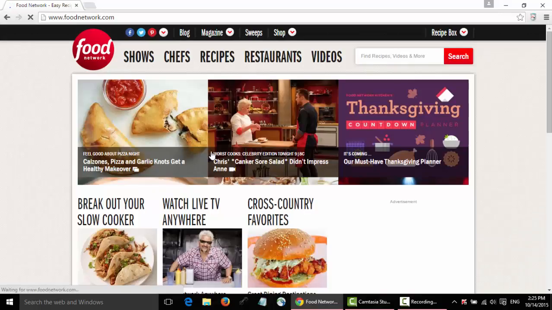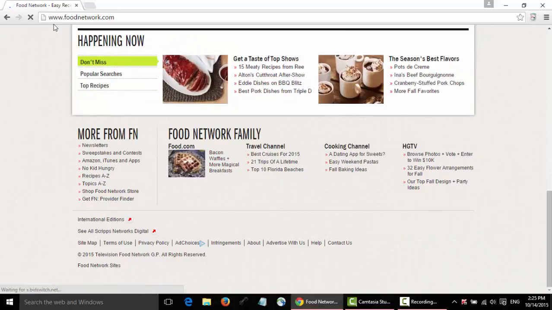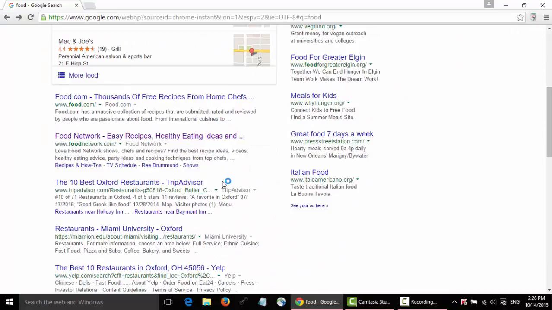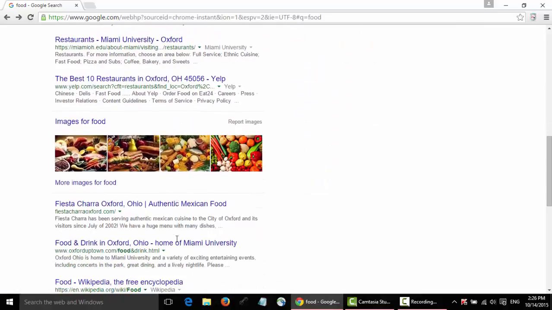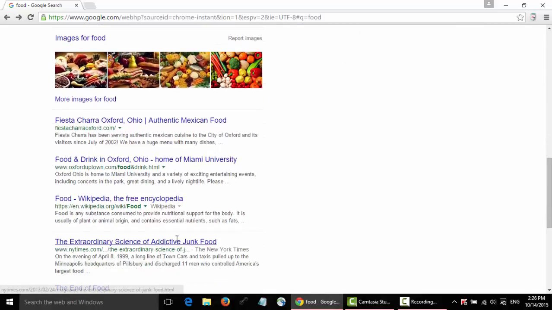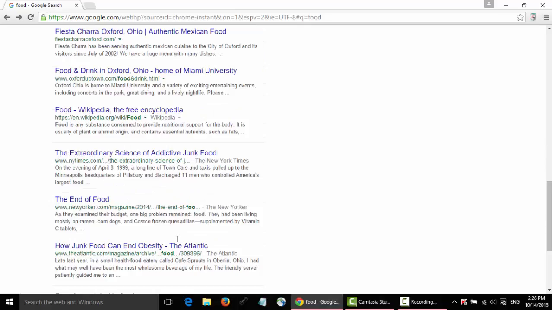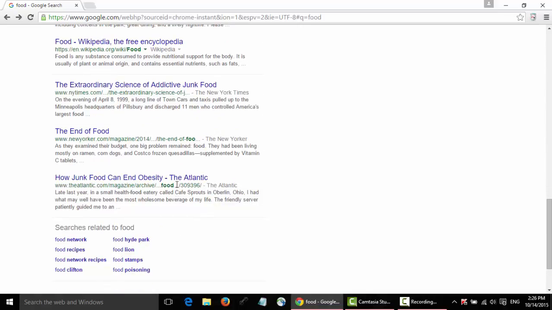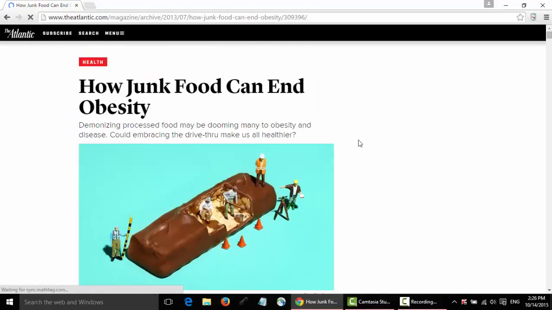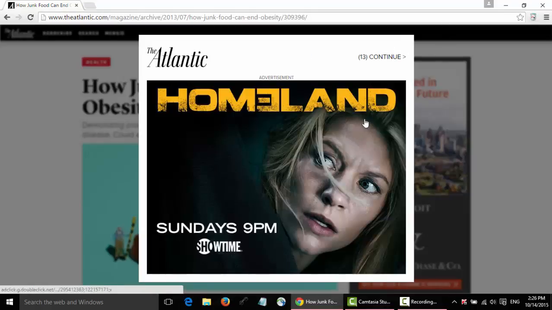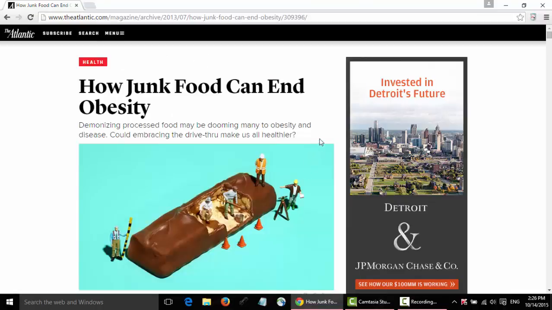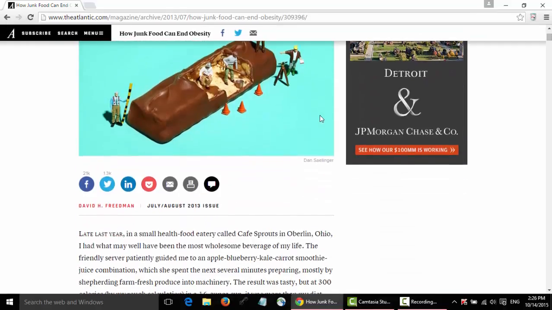For example, this resource's name is how junk food can cause obesity.